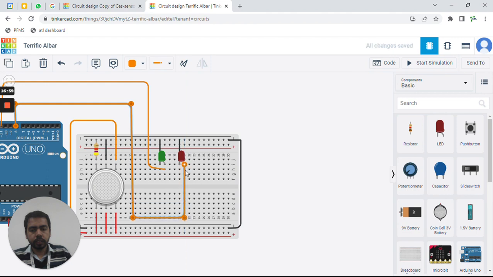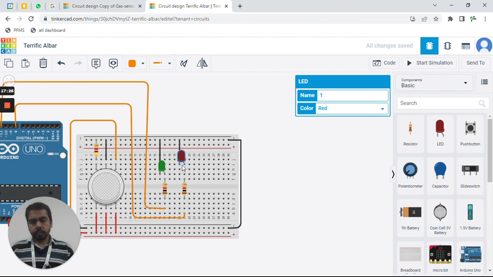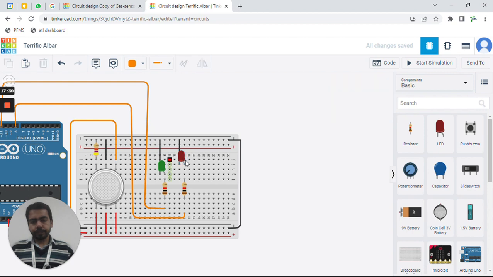So now it's showing safe, and our LED is also showing safe. If you go closer, the other thing happens: danger and the red light is on. So thank you everyone, and make sure to connect a resistor.